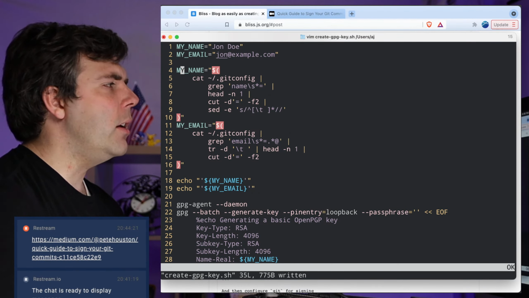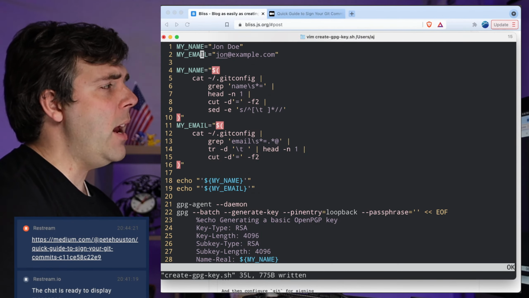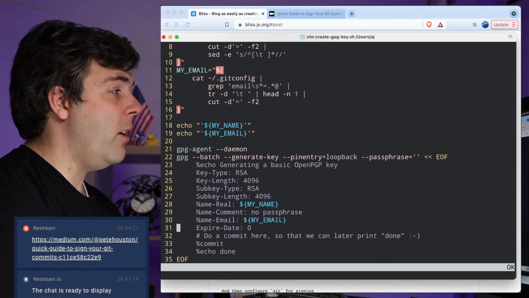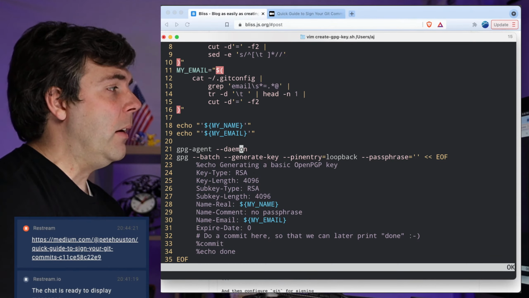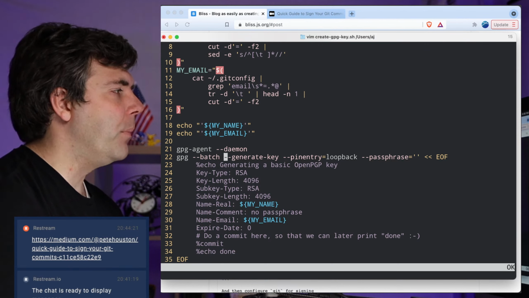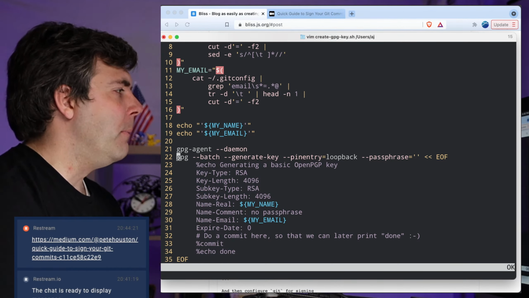This scary bit right here, you don't need to do this. This is completely optional. All you really need to do is just put your name and your email in a variable here, or you don't even have to put it in a variable. You could just replace it in this thing. But once GPG is installed, you run gpg-agent --daemon, and that runs a GPG daemon in the background,